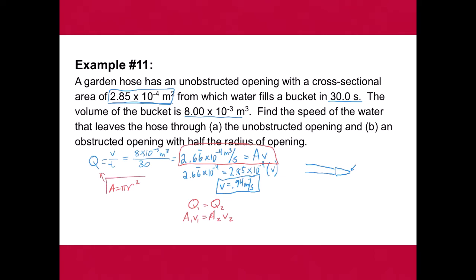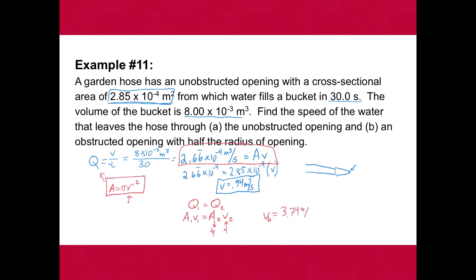Well, if we look at this, if the radius is half, it's being squared, that means that the area is going to be 1/4 of what it was before. So if my area goes down by a ratio of 1/4, that means that the velocity should go up by a factor of 4. So we just multiply by 4 and we get that our velocity for letter B, when it's obstructed, we get